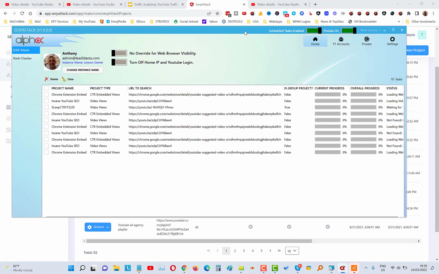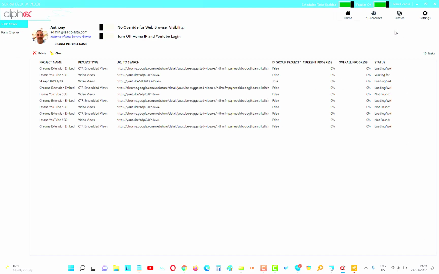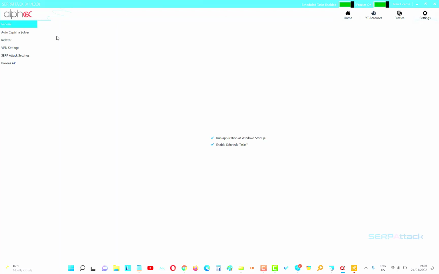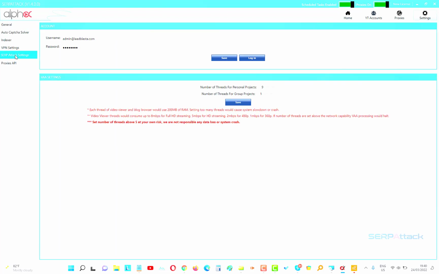And now the software is going to go and it's going to find the content on the search engines. I'll just make this big, and it will go and search and look for that content on the search engines for those keywords, and as it finds the keywords, then it's going to start to view, etc. So it's just getting started, it's just kicking up, and you can see the number of threads that we're working with. If you come over here, come into the SerpAttack settings, you can see that we're working with number of